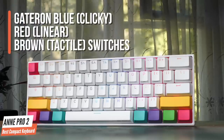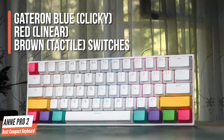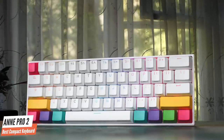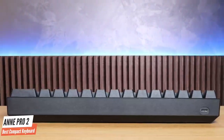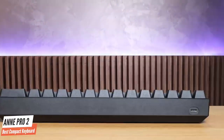The Amp Pro is available with Gateron Blue, Clicky, Red, Linear, and Brown tactile switches. If you are planning to get this keyboard for strictly programming, then definitely go with the brown or blue switches. To conclude, the Amp Pro 2 hits all the keyboard trends and buzzwords: PBT, double shot, RGB, wireless, 60% and programmable. Best value for the money in a compact mechanical keyboard with that many features, multiple switch choices, and wireless